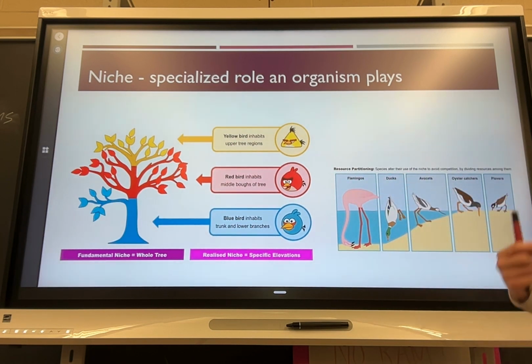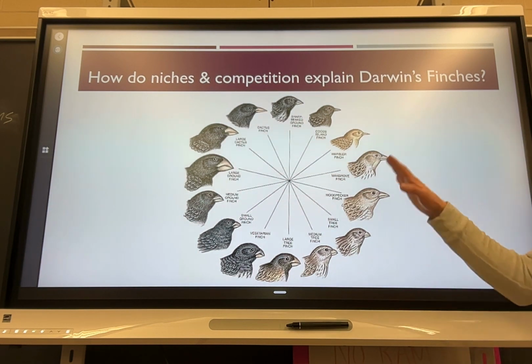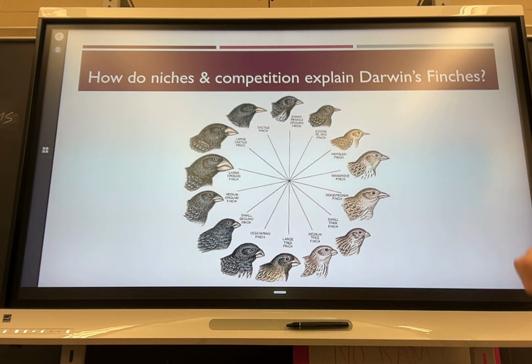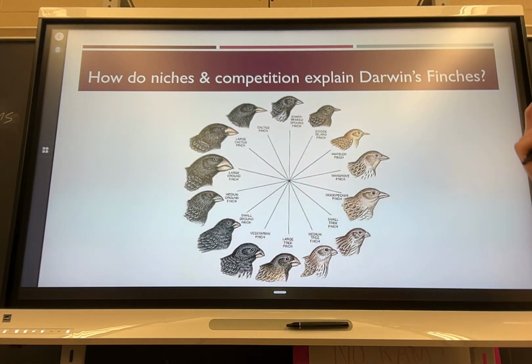So the flamingos, because they inhabit this niche, they're more likely to reach down farther than any other species to get it. So we can see adaptations playing a role in this. Same thing with Darwin's finches. All of these different birds, while they evolved from a common ancestor, they all developed different beak shapes to avoid competition. So the ground finches here developed very large, very sturdy beaks that they can use to crack open seeds,